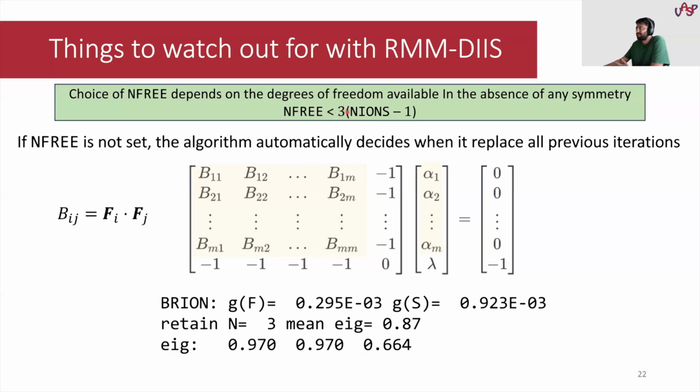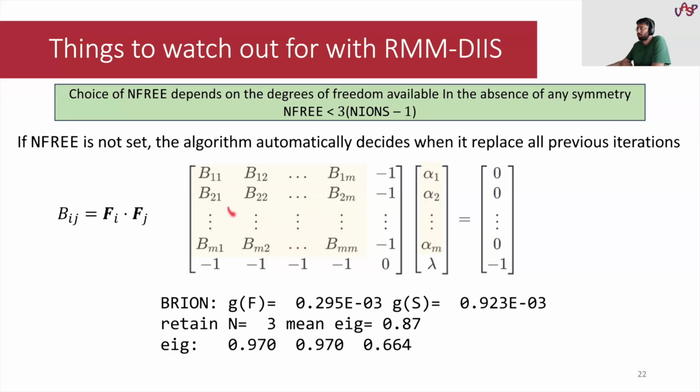In general, if you have symmetry, this is a harder problem to determine. You can look at the OUTCAR file and basically see what's used, but this is something to be kept in mind. I think what most of us do is we don't set it and we let VASP determine it internally. This is perhaps the more commonly used way of dealing with NFREE. So if NFREE is not set, the algorithm, that is RMM-DIIS, will automatically decide all of the previous iterations. And how it does this is